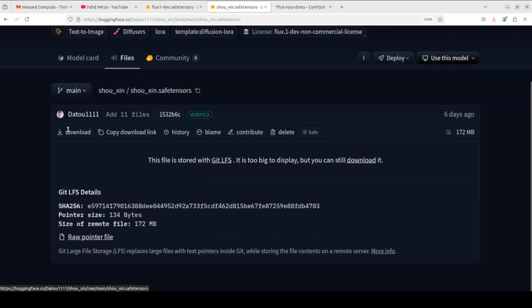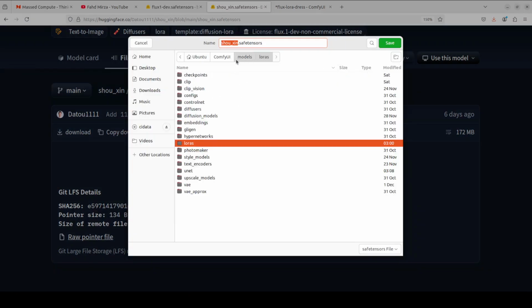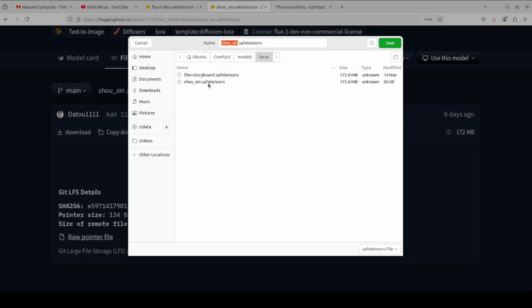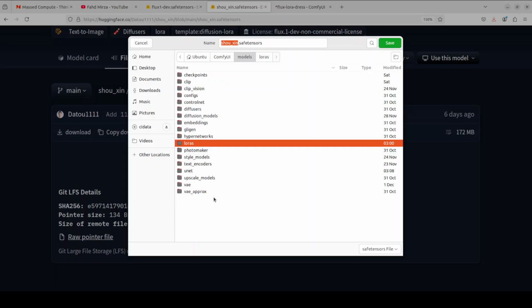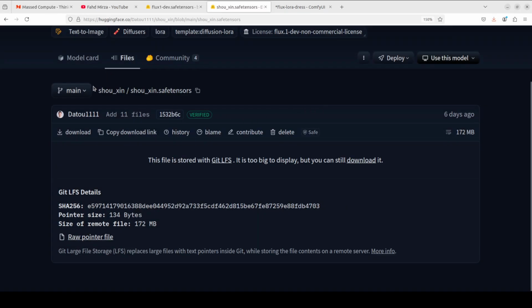Click on that file, right click on Download, save link as, and then in ComfyUI Models in the LoRA directory. Where is the LoRA directory? Okay, it's already selected, so I already have saved it. And another thing you would need from the same Flux One Dev is this VAE model, which is a variational autoencoder. I already have saved all of these, as you can see,